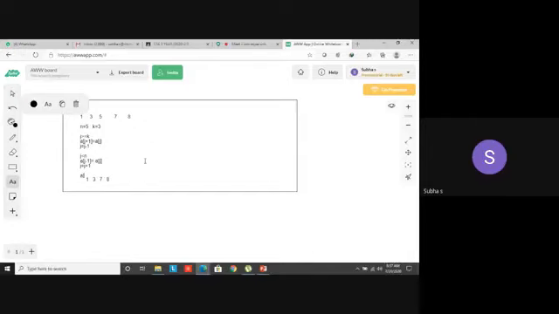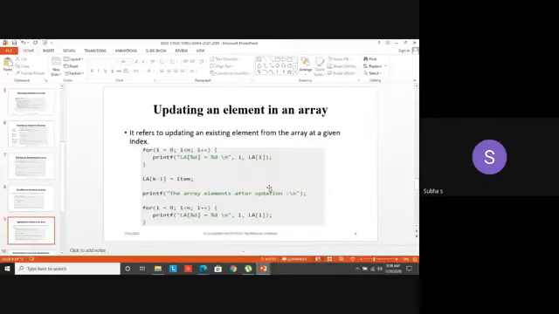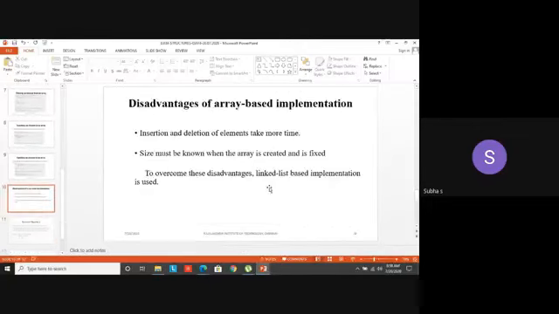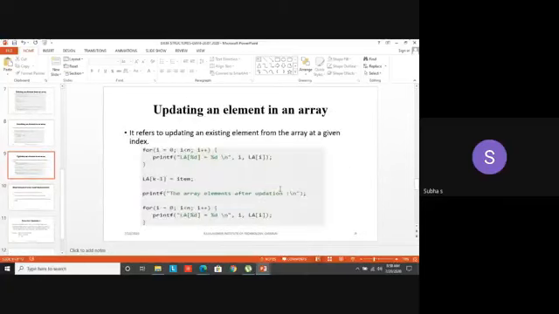A of k minus 1 equal to key or the element, that means item. So my item value is what? 15. Yes, that 15 is assigned to whom? K minus 1, 3 minus 1, 2. A of 0, A of 1, A of 2. So this 5 will be replaced with 15. Then you print all those elements. That's it. Okay. So these are the operations that can be done on a particular list using array.